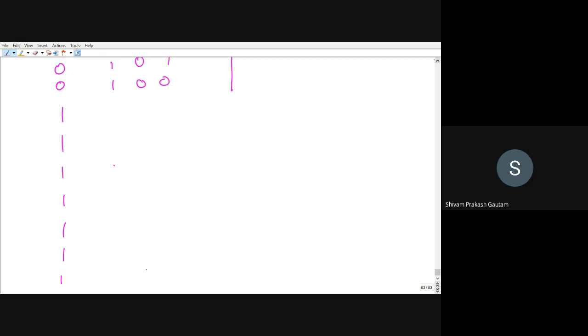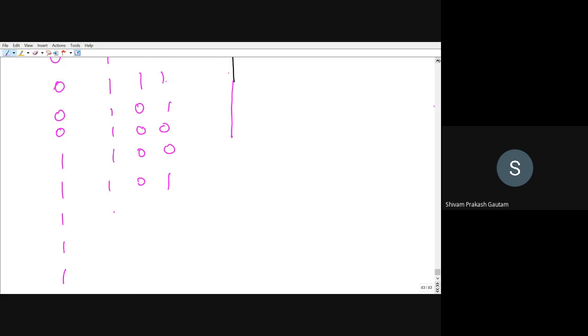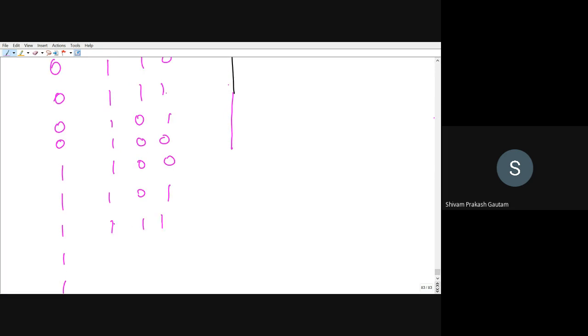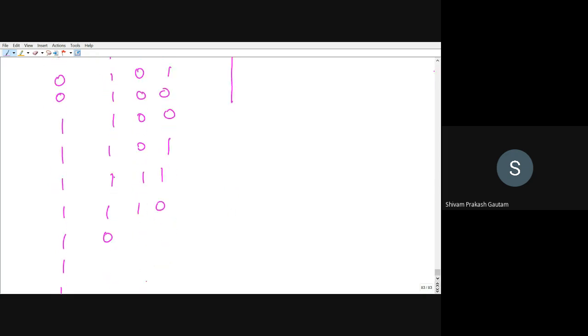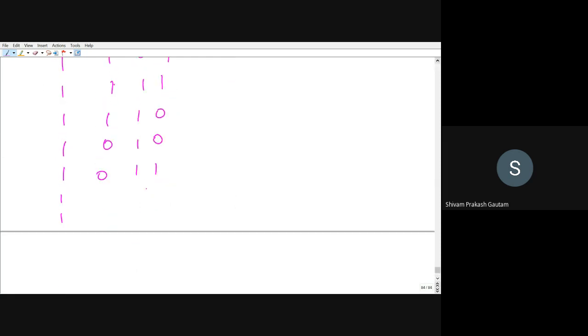Now you can fill this by mirror image. So this is 1, 0, 0, 1, 0, 1, 1, 1, 1, 1, 1, 0, 0, 1, 0, 0, 1, 0, 0, 1, 1, 0, 0, 1, 0, 0, 0.